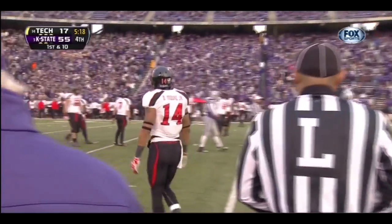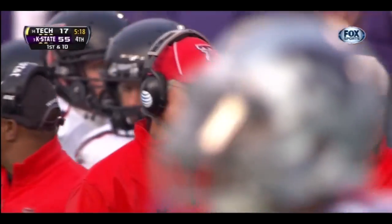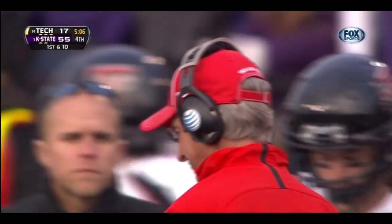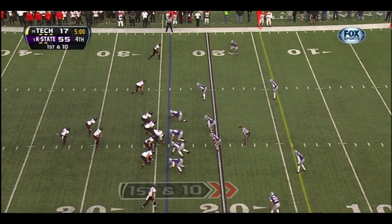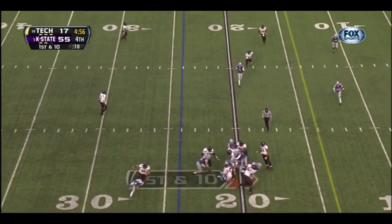And this time it's Darren Moore. Got to give Tommy Tuberville a lot of credit for what his team has done this year. Texas Tech, 3-0 on the road coming into this game this season, winning 10 road games since the High Plains commander arrived in Lubbock in 2010, making adjustments, changing defensive coordinators. They have played better on defense. They're just taking on one of the best, if not the best team in the nation on their home turf